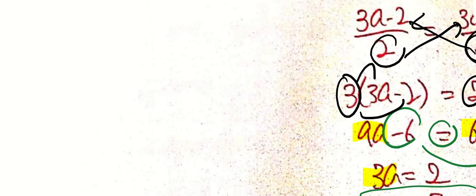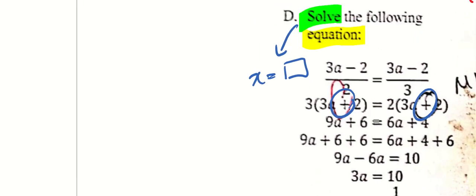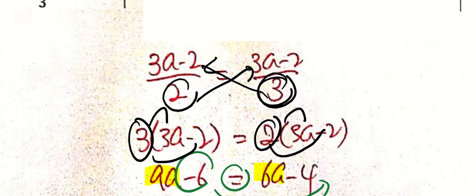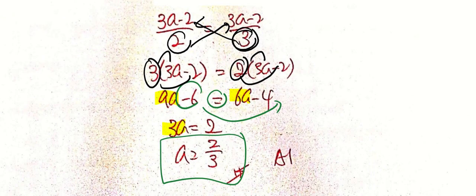Just now I said that we should get x equals to something, but it depends on what the variable is in the question. In this case, it's a equals to something. So take your time to copy down the answer. All right, moving on. Is that the end? Yeah, that's the end of this type of correction question.